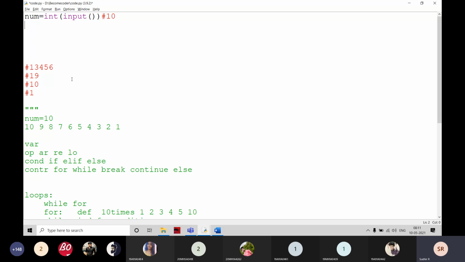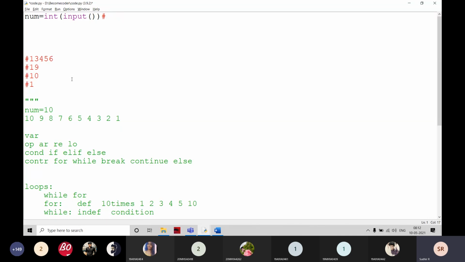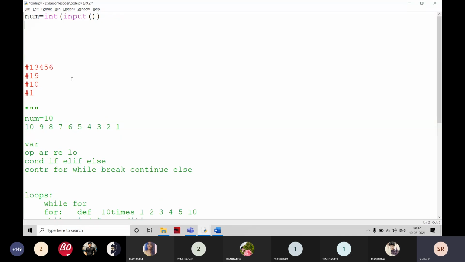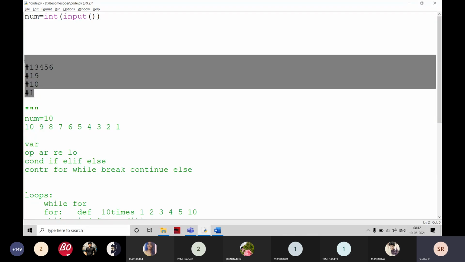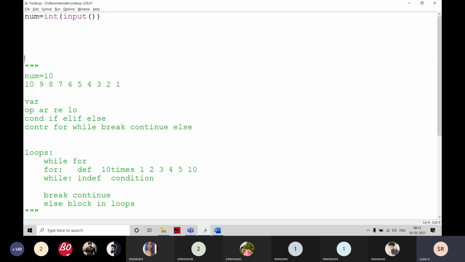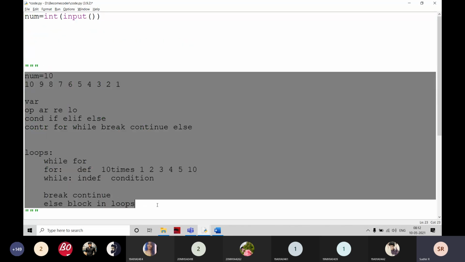Here, every time I am going to tell you the basic problem, and from that basic problem I will give small tasks and you have to do them. The first one is going to be the multiplication table. The base problem is going to be the multiplication table. I'm going to tell you how I'm going to write it, and later you have to focus on the simple problems on that. For example, now I'm going to explain the question.